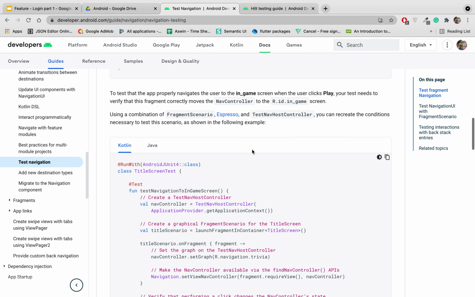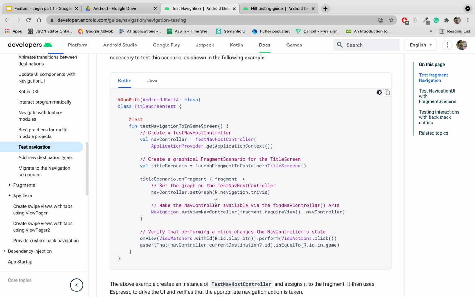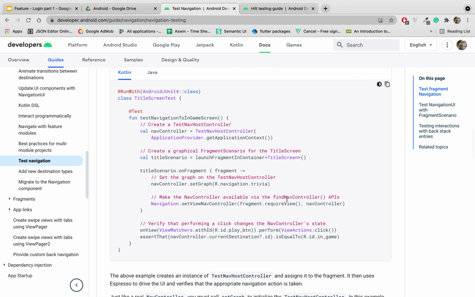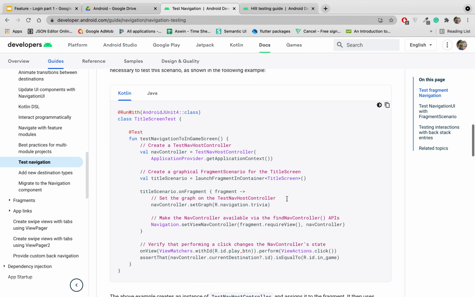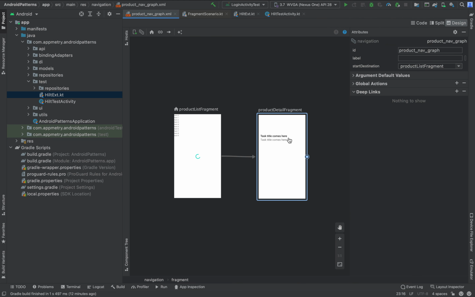Next we are going to use Espresso for getting the views, and we have already set that up in our previous video itself. So we can use the same thing over here. First let's create a simple UI test for the product detail fragment.